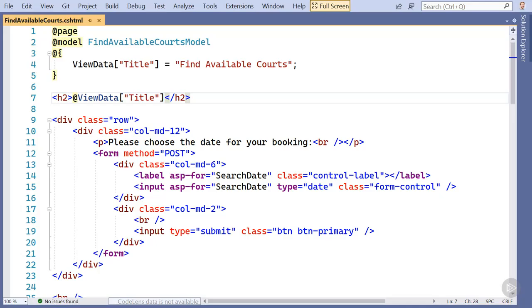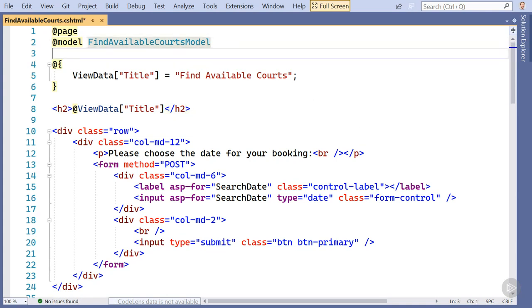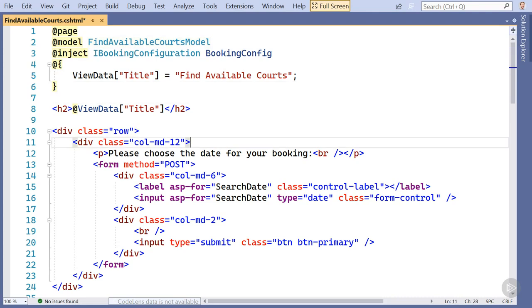Here is the Find Available Courts Razor file. To inject dependencies into this file, we can use the @inject directive. In this case, we'll require an IBookingConfiguration option to be injected. This will be resolved from the dependency injection container and acts a little like a property on the view. I'll name this injected dependency bookingConfig, which is the name that we can then use to reference it from